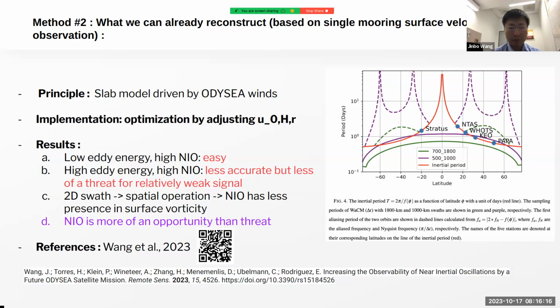So we use that too. In that region, as you can imagine, the high frequency variability contributed from the sub-mesoscale masks out the NIO signal. So if you subsample it, then the reconstruction is less accurate. It's not completely wrong, we'll show that, but it's less accurate. But we're going to argue that in this region, NIO is not a dominant signal in the velocity. The most dominant signal is the mesoscale and sub-mesoscale. And also NIO has a larger spatial scale relative to the eddies. So